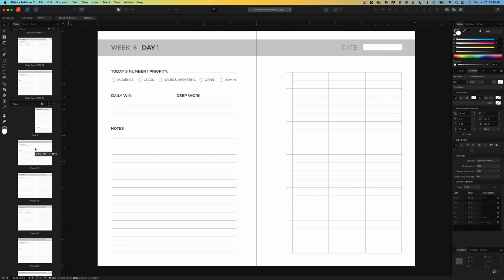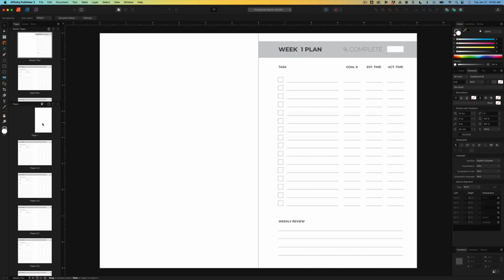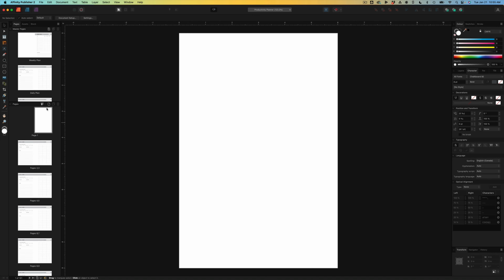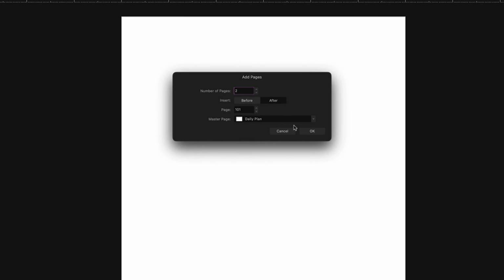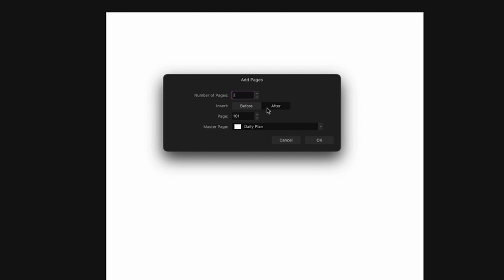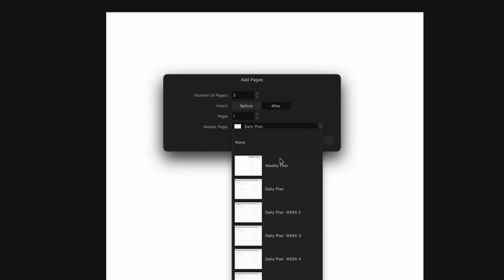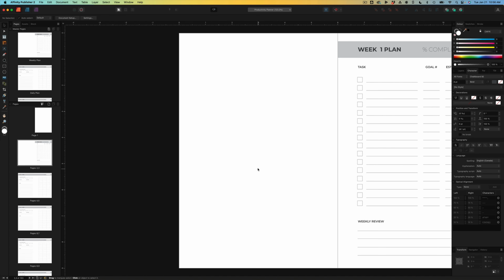So my idea is I'm going to add a QR code to this planner. Rather than have all of the instructions written down in the planner, someone's going to be able to just click on the QR code and then they'll be taken to a video tutorial. I'm going to go back to my page 1 and I'm going to add a couple of pages here, number of pages 2, after page 1, and I'm going to choose the weekly plan master page for that. I'm going to come back to this page later to fill that out,